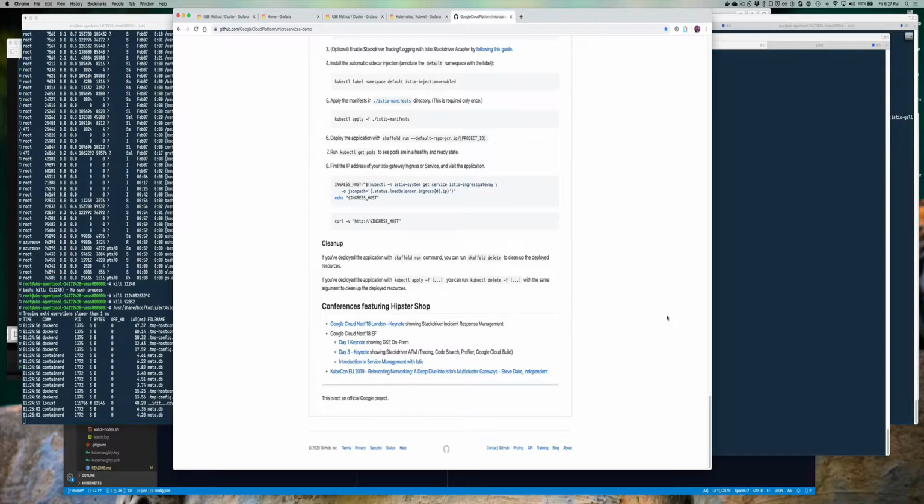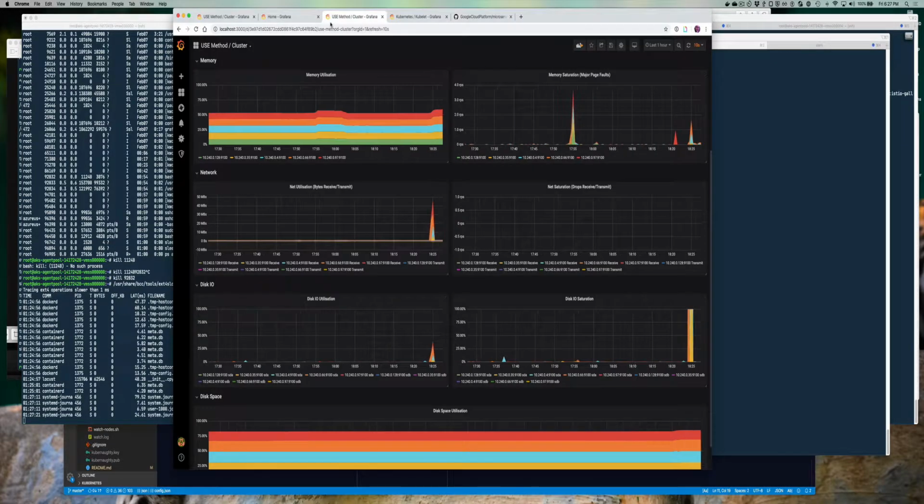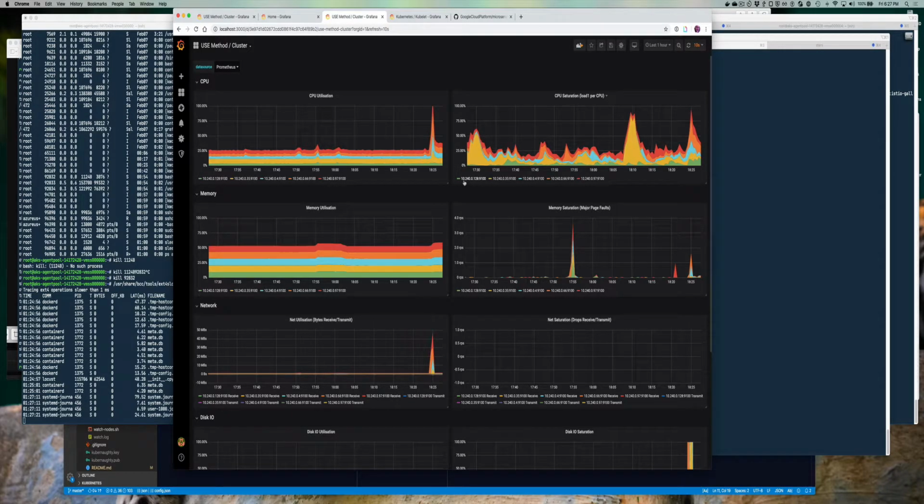So now you can see here, we've got some of the stuff already running. What's interesting is that, just to remind you where I left off, we were seeing pretty significant disk latency after just installing Istio. So now, what we can see is that after deploying just the hipster app on top of Istio,